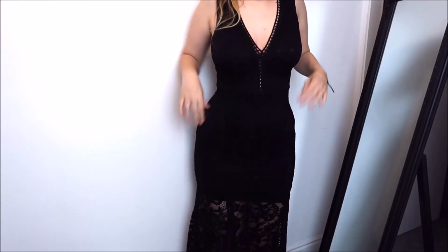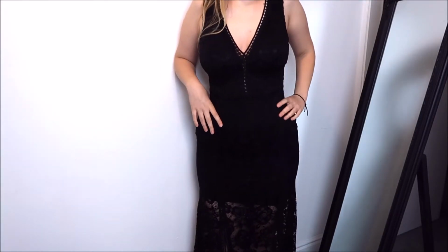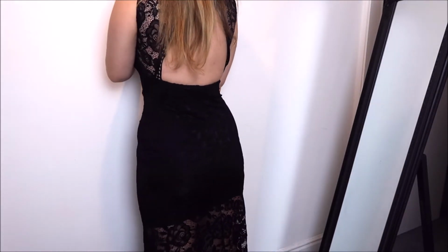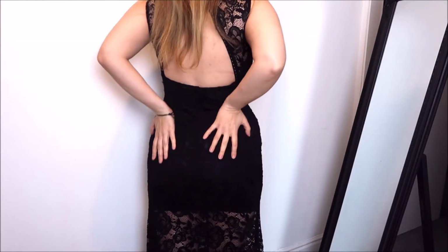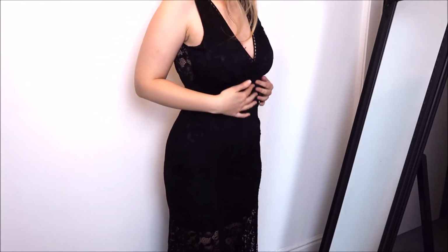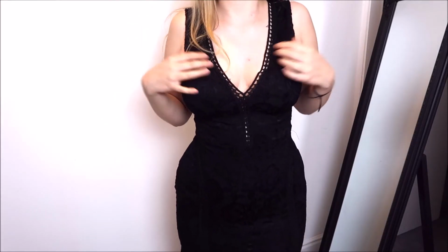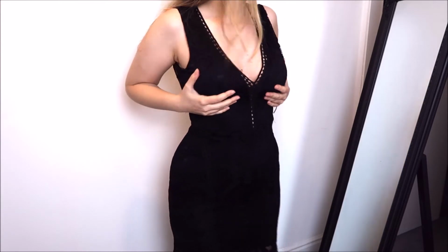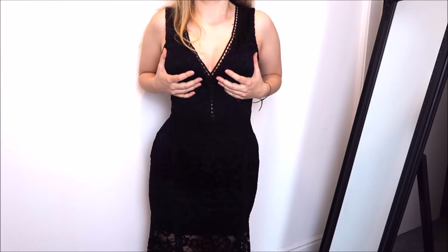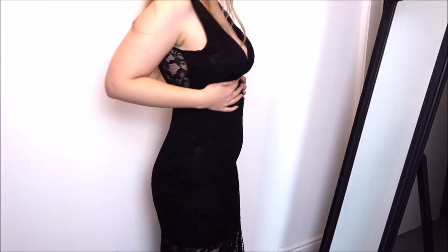Now, this is the last dress that I ordered, and I do really like this one. It feels really nice on my body, it hugs my body really nicely. It's got like a boob support, but I probably will try to get something to support my boobs a bit better and get them a bit more up here than down there. But yeah,